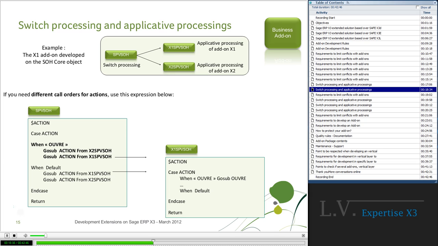If you want to manage a different call order for your action between both of the add-ons, you can specify each action in your $action in the switch processing, like the example on this slide.